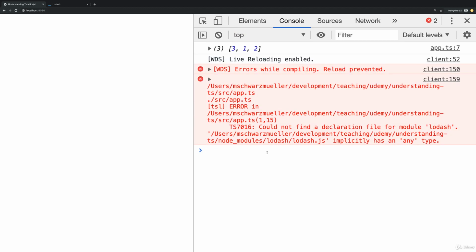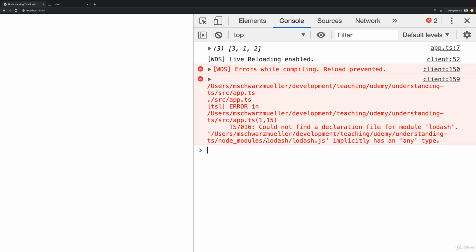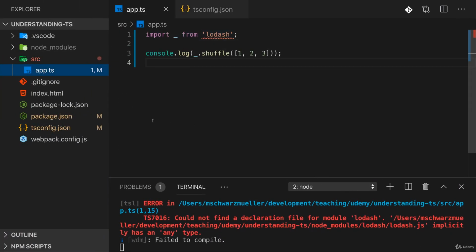But if I reload this page here, you actually will get an output here. You can ignore the error at the bottom here. You will see an output which is the shuffled array. You see it looks different every time I reload. And that's very interesting. It proves that Lodash works. It proves that this code is correct, but unfortunately TypeScript does not understand it, and it can't because Lodash uses